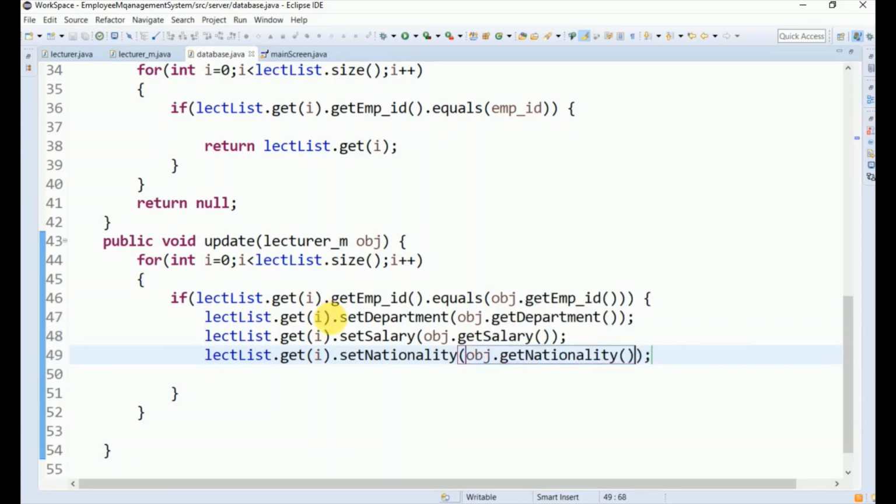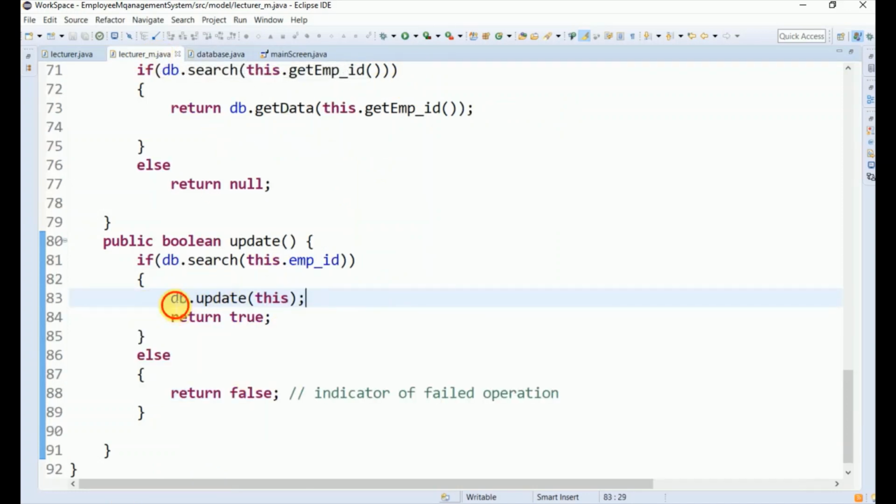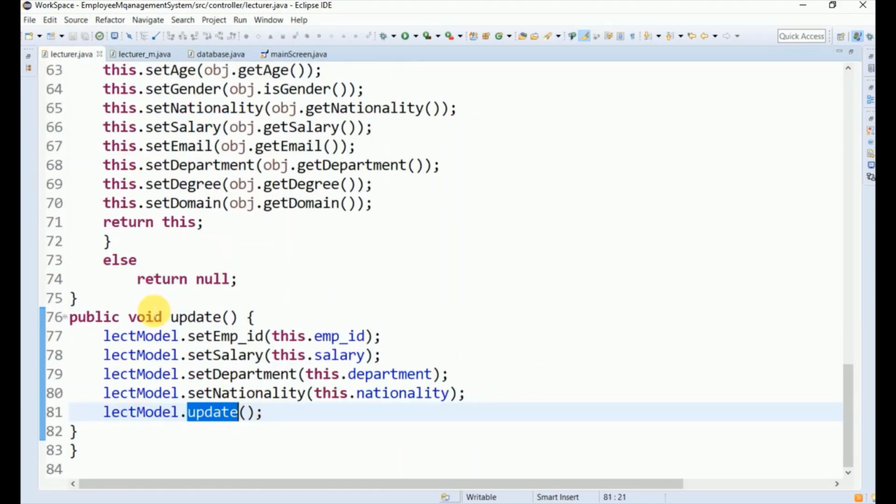Once this is done, that means my update is completed and I do not need to look further in my linked list. So I will simply say break this for loop right here and end this function. So this will break right here, and my lecturer model will update and return me true. Of course, I need to communicate this return to my view as well, so I'm returning a boolean here. Whatever my model class returns, whether it's true or false, my controller class will return that as well